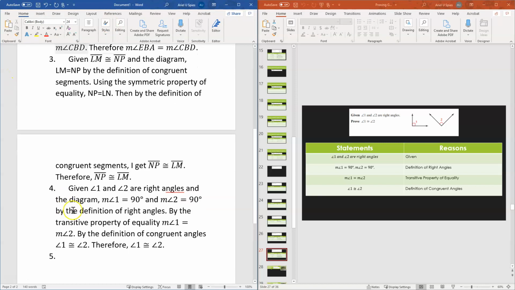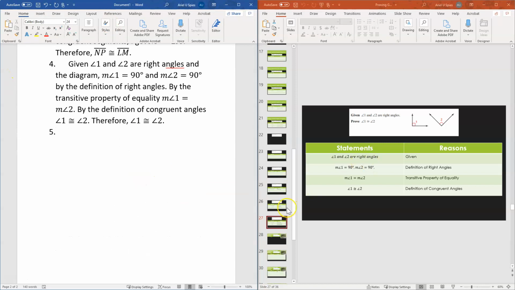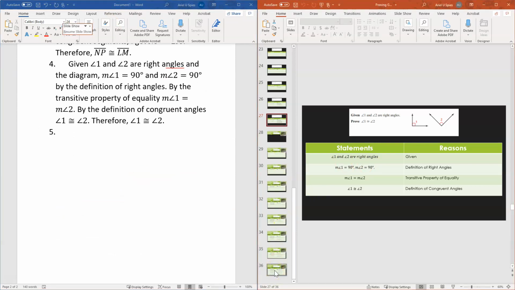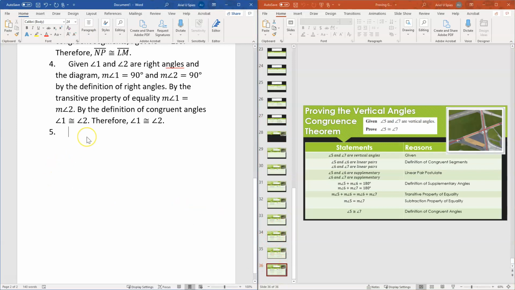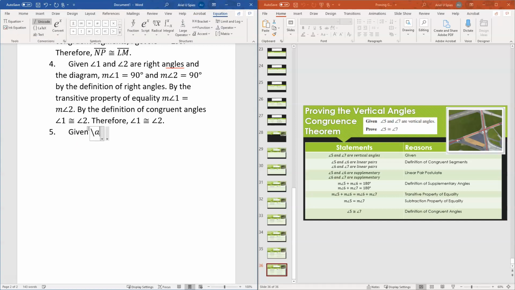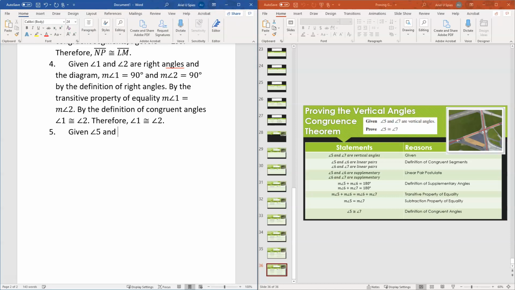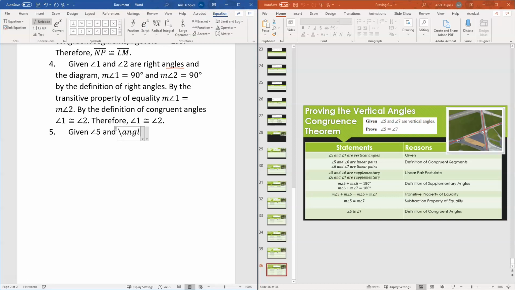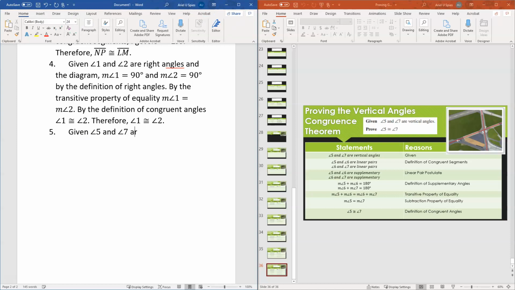Okay. And I think I have one more proof. Yes, one more proof. So the last proof we talked about in the other video is proving the vertical angles theorem. So I'm going to say given angle 5 and angle 7 are vertical angles in the diagram,